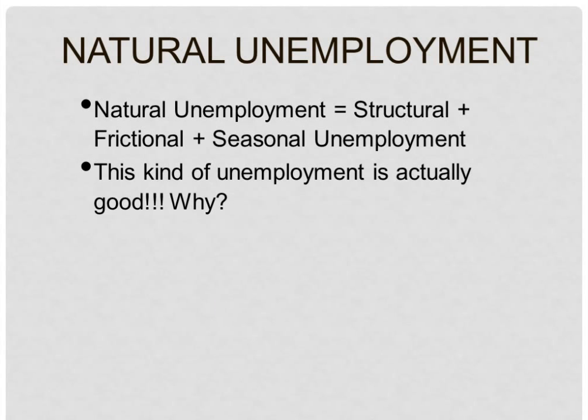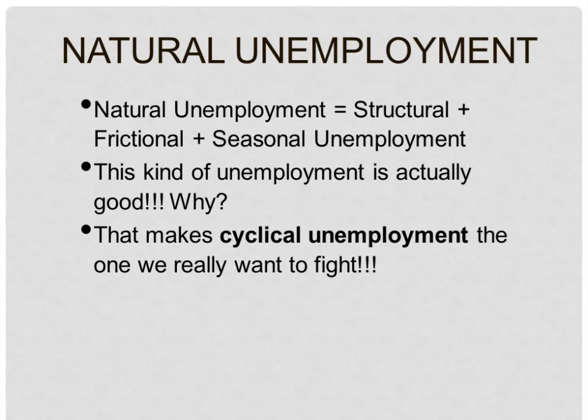The one we want to really avoid is cyclical unemployment. We don't want cyclical unemployment because what that means is people are unemployed not for a good reason, not because we need time for them to transition or because it would be a waste for them to be employed. The problem here is we have good, productive people who are not being employed because there's not enough demand for goods and services that they would produce. So ultimately, for economists, our goal is always going to be cyclical unemployment. When the president or congressman talk about fighting unemployment, they really don't mean natural unemployment. They mean specifically cyclical unemployment.